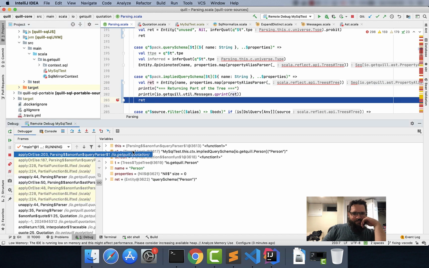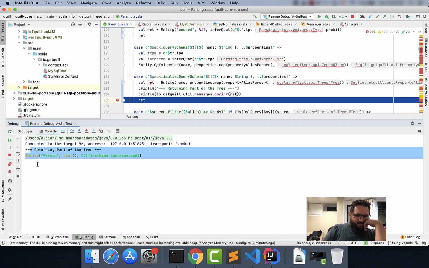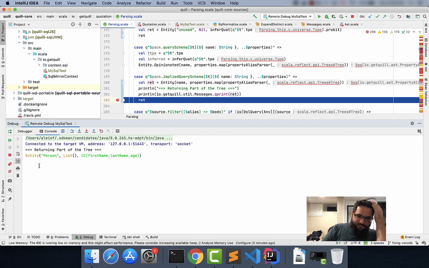And there we go. We actually look at the console here. Well, there it is. Returning part of the tree. Now here's the interesting part, actually. Let's go back to